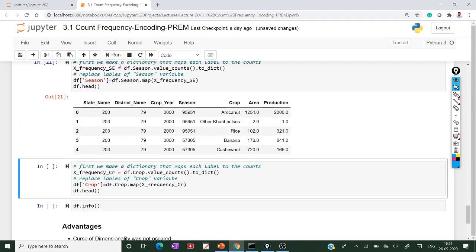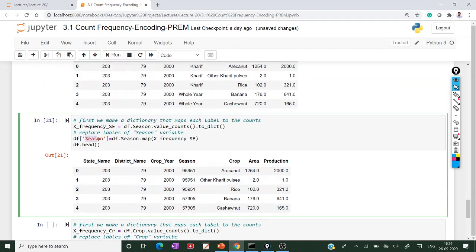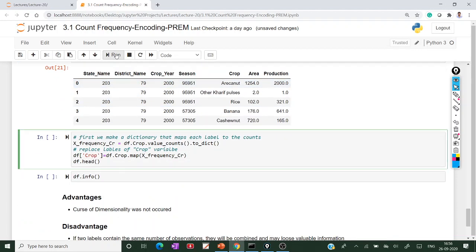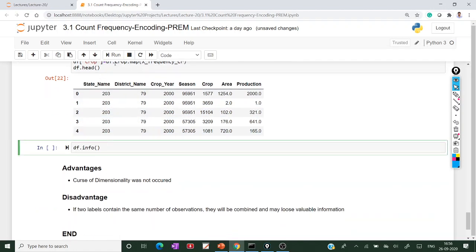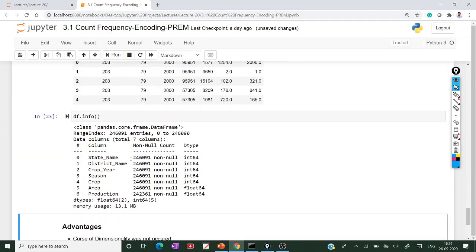Now apply it on the season. Season here is 95,951. Now crop. See here, every column in the data frame is integer. Before that the state name was object, but now it is integer.